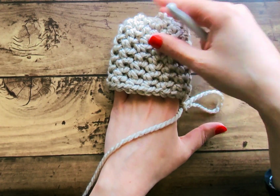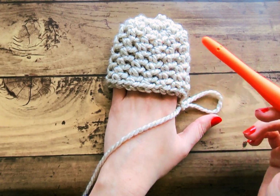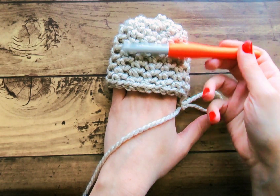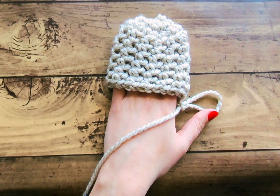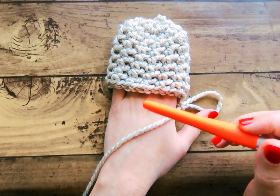That's totally fine. And you can also change this out for a child size by using a smaller hook and smaller yarn and less rows. So this is very versatile in being able to change it up for size. But this is where I'm at after 6 rounds, and I'm going to go on and do 3 more rounds